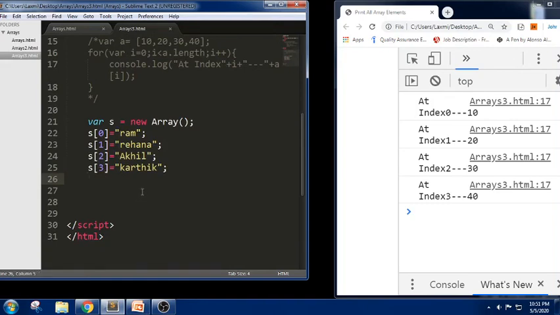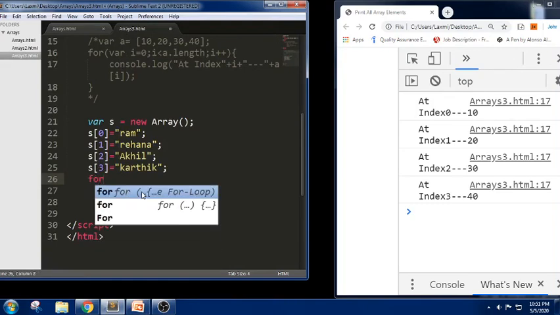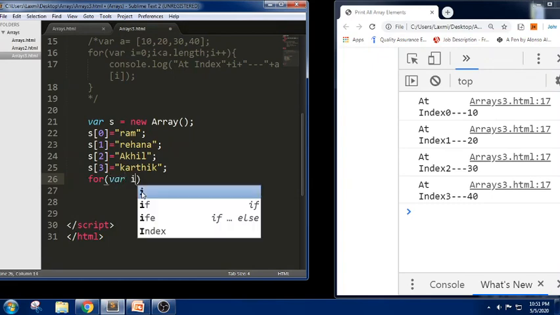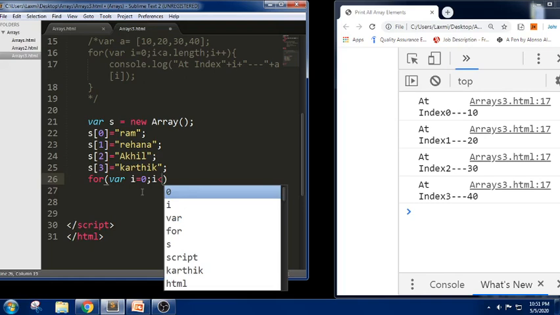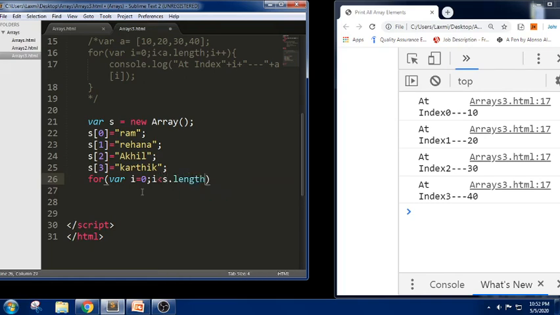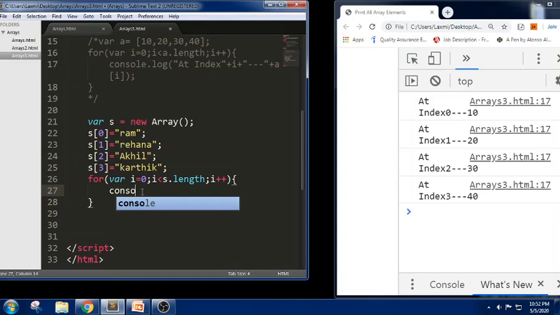If I want to print these elements, we can use a for loop as we did in the previous code, where i equals 0, i less than s dot length, which gives the length of the array, and i plus plus. In this we can write console.log of s of i.